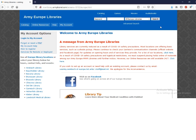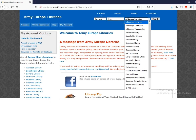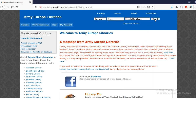To search for an item in the catalog, you can look in the upper right-hand corner here. There's a keyword search, so let's search for dogs. Right now the default is all Europe libraries. Because we're only requesting items from a particular library, we need to limit this. Click on the little down arrow and select your library. For this example, we'll use the Baumholder Library. After you've done that, click on Search,